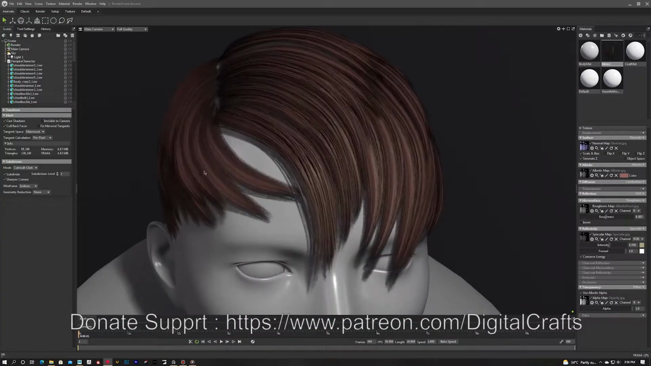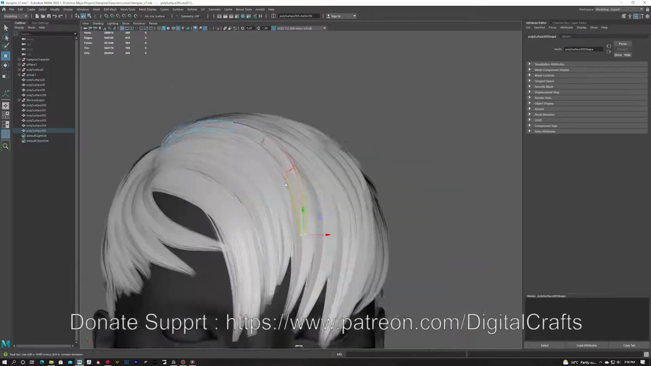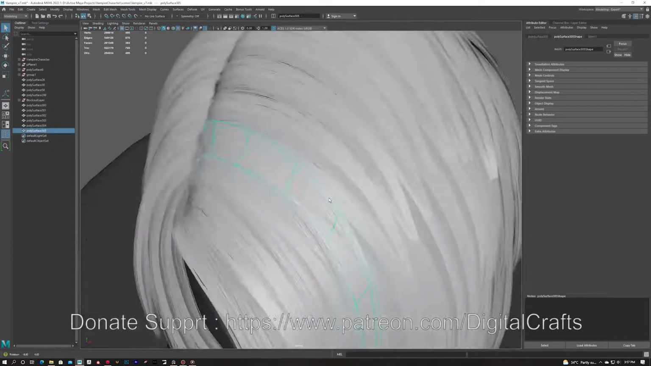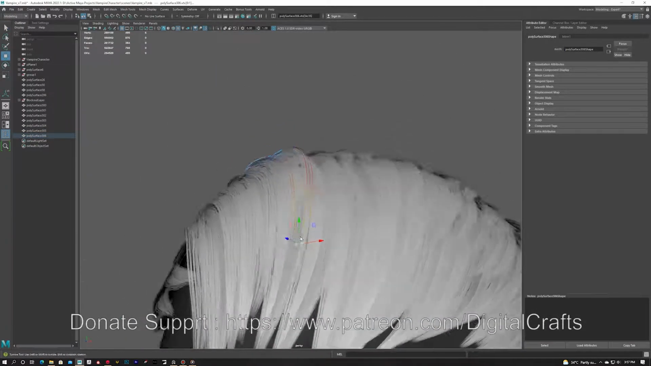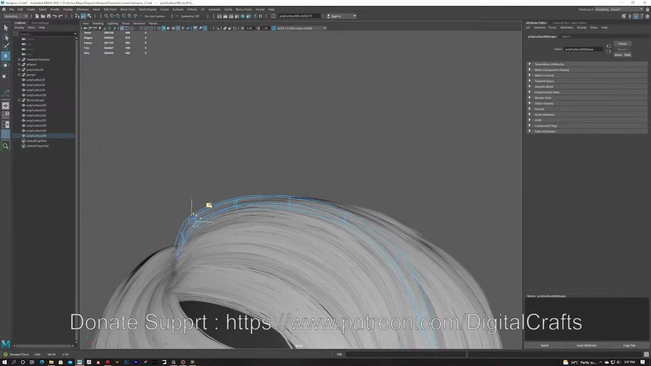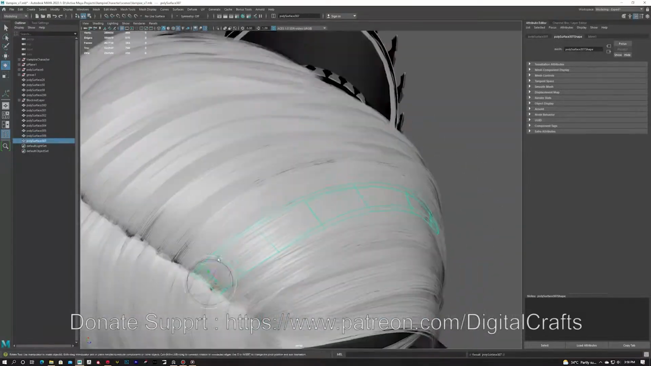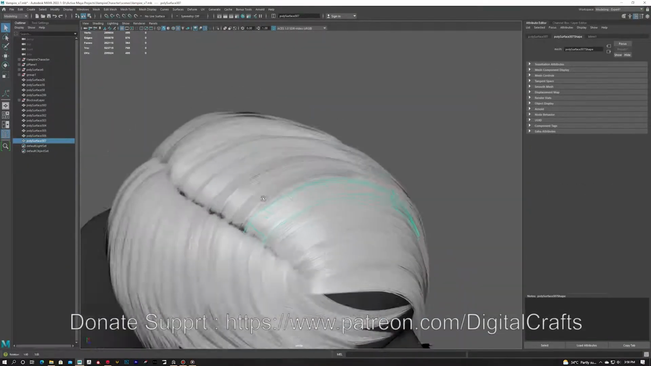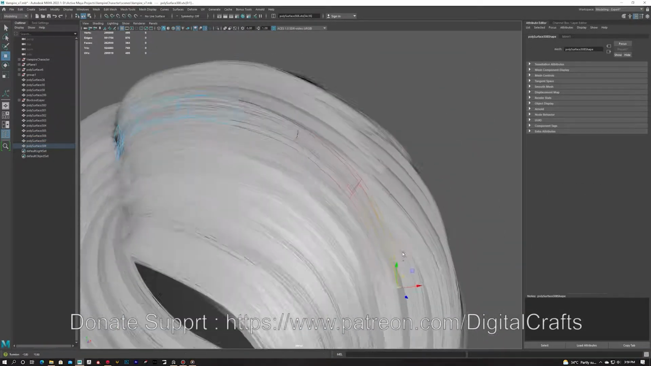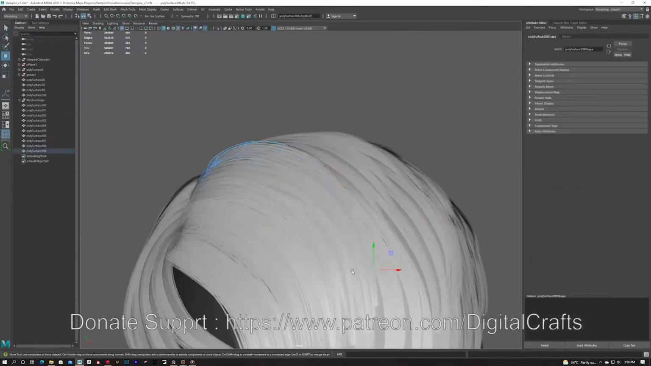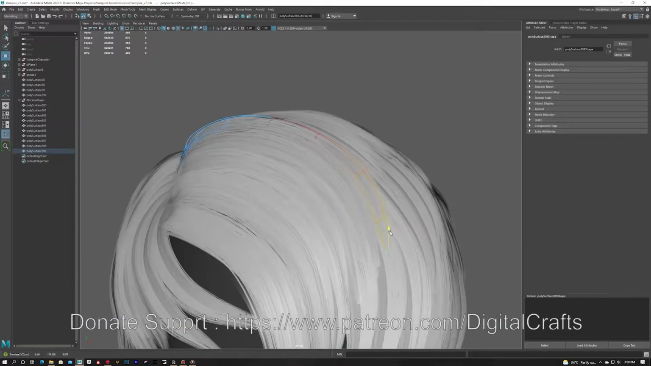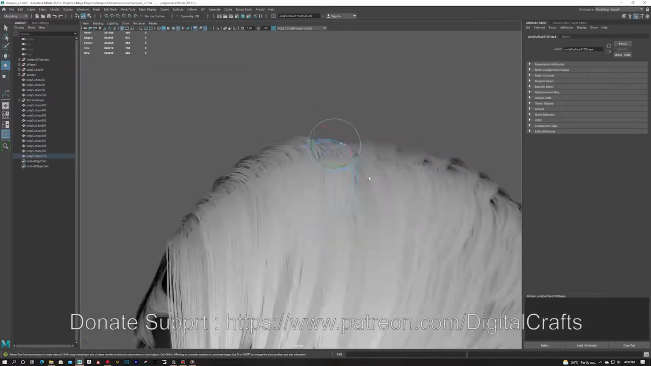So here you can see that the front hairs have become softer and nicer because of the primary blockout layer, and now I will just duplicate these hair cards on the rest of the head and make sure that they don't cut through each other, or they don't have some big gaps or